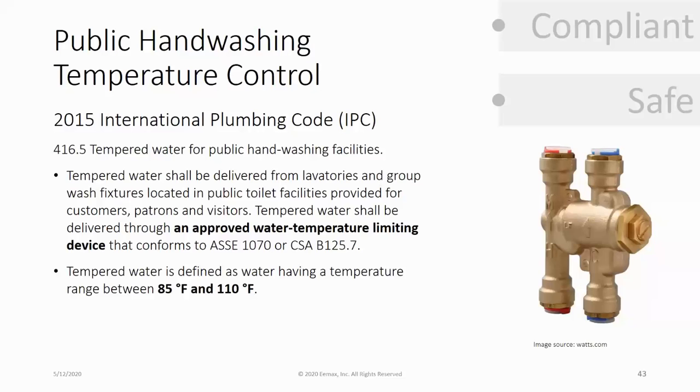So if you look at these 2 code bodies, which cover up 90% of the US, you get one commonality: the temperature has to be regulated through the ASSE 1070 rated mixing valve for public hand washing. And the maximum temperature is 110 degrees, but it may have a range between 85 and 110 depending on the